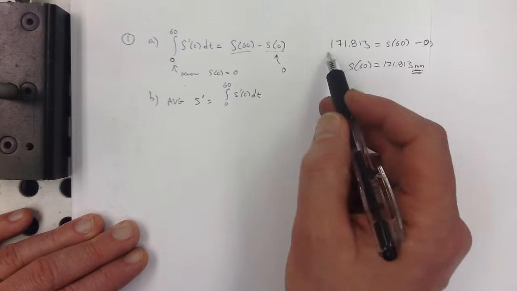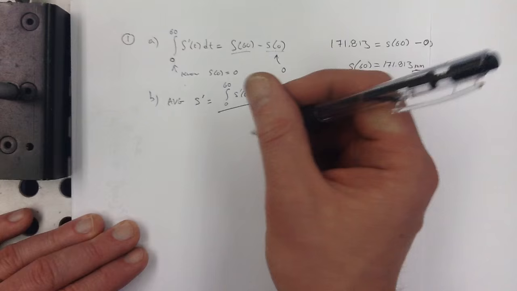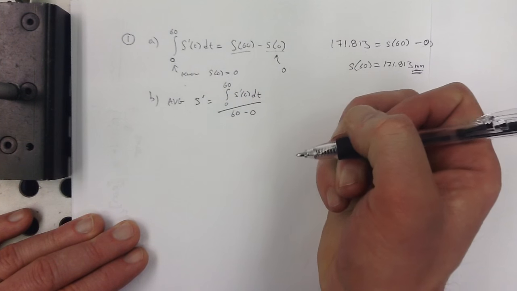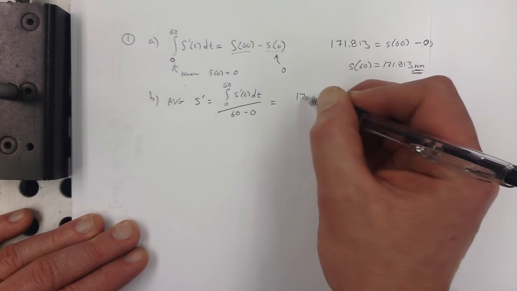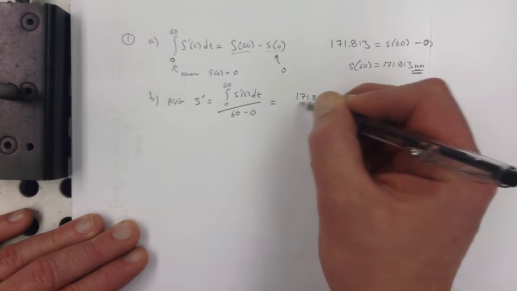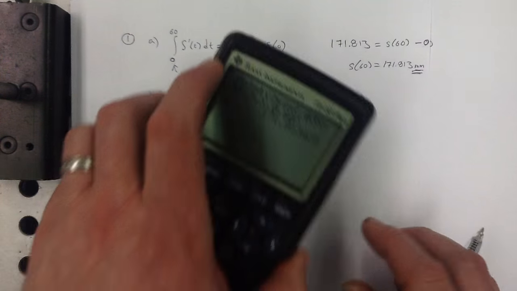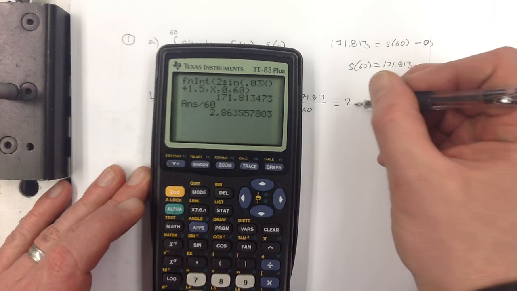And by the way, I just found that number. There it is. Divided by b minus a, right? So that's 171.813 divided by 60. That gives me